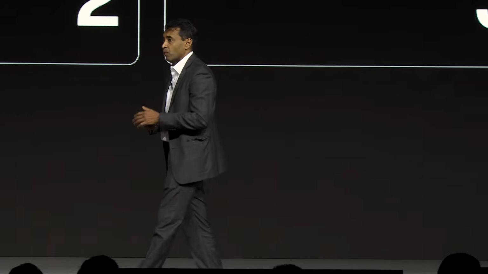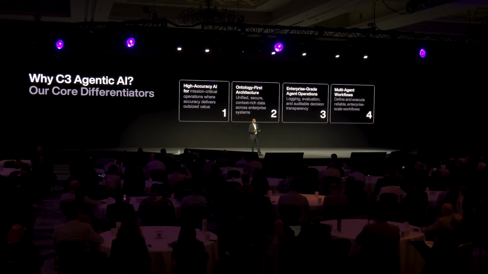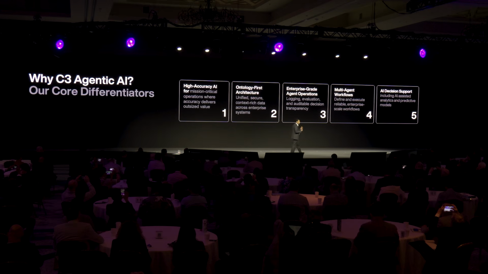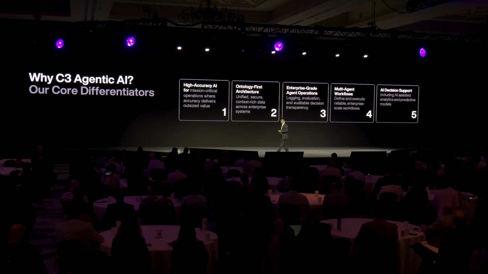4, multi-agent workflows. So this is the agentic process automation product that I talked about yesterday. We have really nailed that for autonomous operations that bring the best of what LLMs and agents have to offer, and bring the best also of what deterministic business workflows have to offer. And then lastly, AI-based decision support. We've done a lot. This includes decision making on the fly, humans interacting with the data in the form of applications or with agents. But this also includes predictive modeling, whether it's forecasting, anomaly detection, other types of modeling. And the next generation of your math teacher is what we've been thinking about here and implementing in our product.